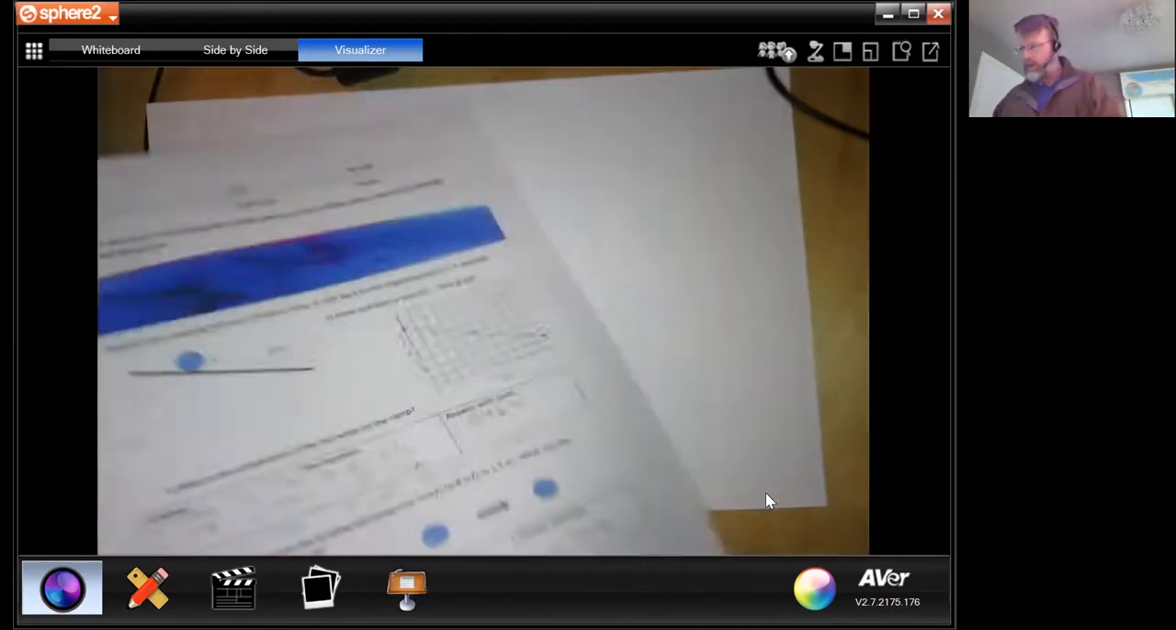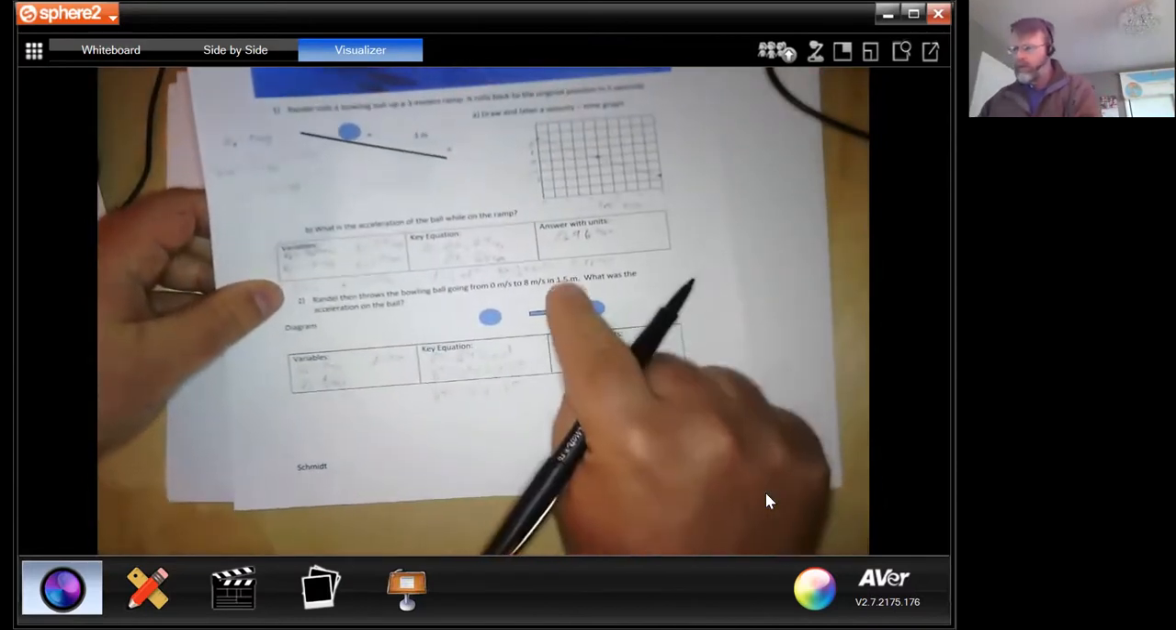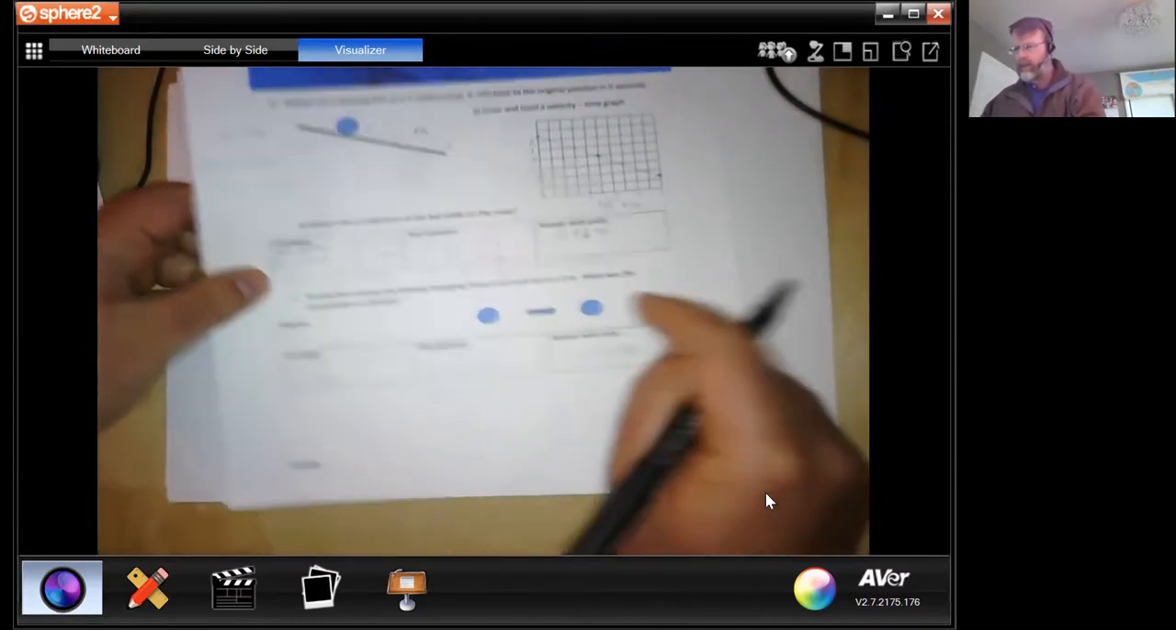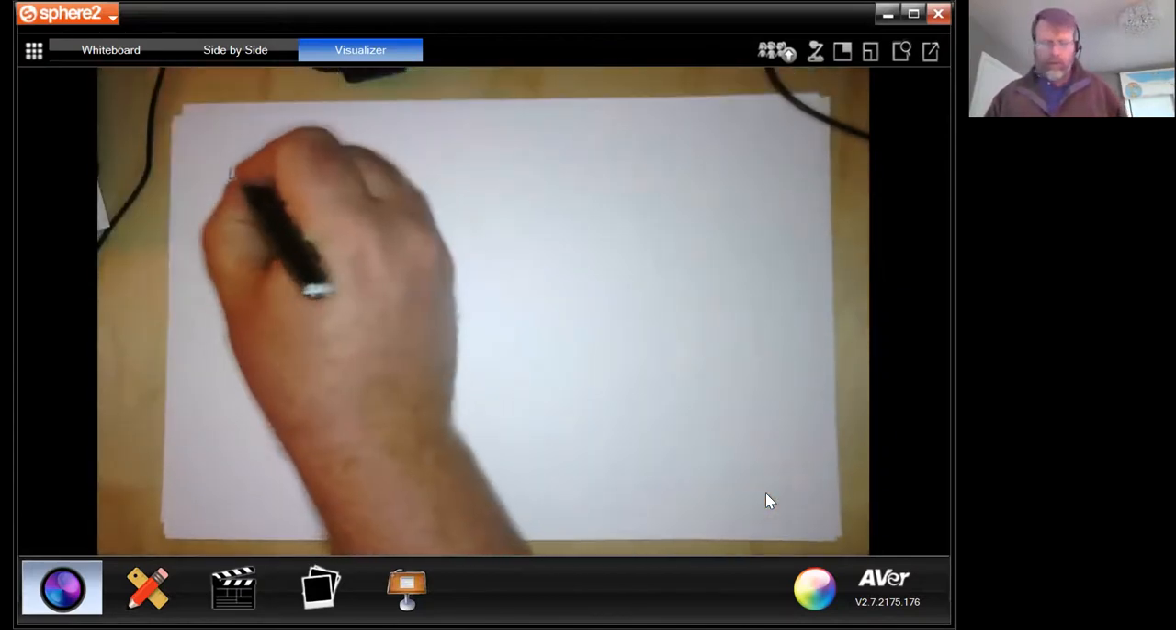Number 2, we're looking at this one right here. Randall throws the bowling ball. We're given a distance. We're not given a time. Okay, so let's start with our variables. We know